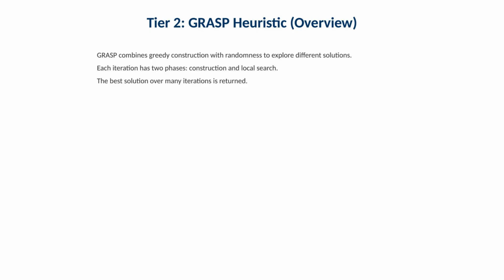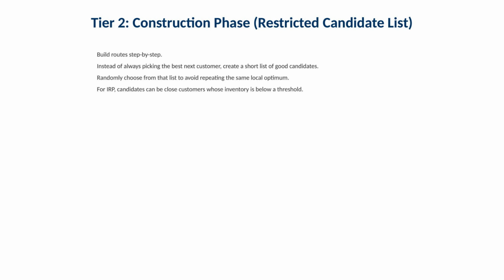Greediness gives you good building blocks, while randomness helps you explore many different solutions instead of repeating the same pattern. In the construction phase, you build routes step by step. Instead of always selecting the single best next customer, you create a restricted candidate list of several good options. Then you randomly select from that list. This small injection of randomness helps the algorithm escape predictable behavior and increases the chance of finding a better overall